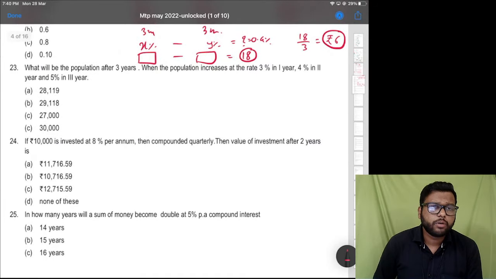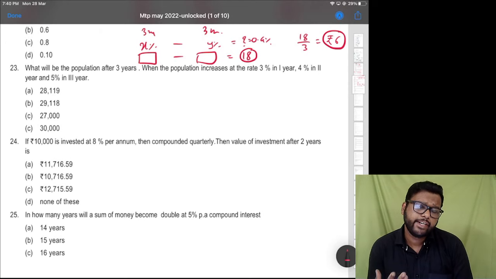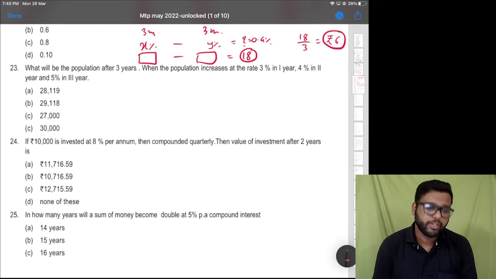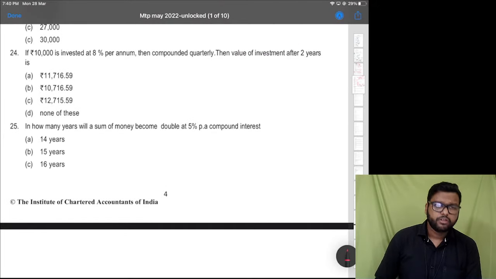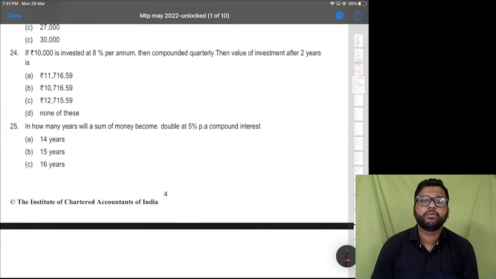Again, 23 is not printed properly. What will be population after 3 years? When population increases at rate 3%, 4% and 5%. But they have not given original population. So skip it. 24. If 10,000 is invested at 8% per annum compounded quarterly, then value of investment after 2